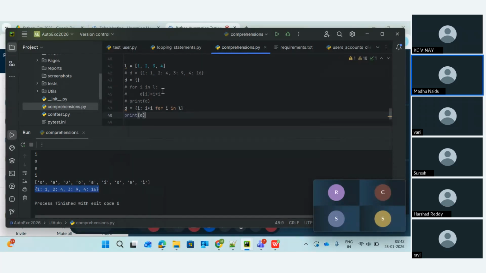See, in a single line we are able to write the dictionary. This we can call a dictionary comprehension. Let's run. We got the same output. So this is dictionary comprehension, quite similar to list comprehension, but the only difference is